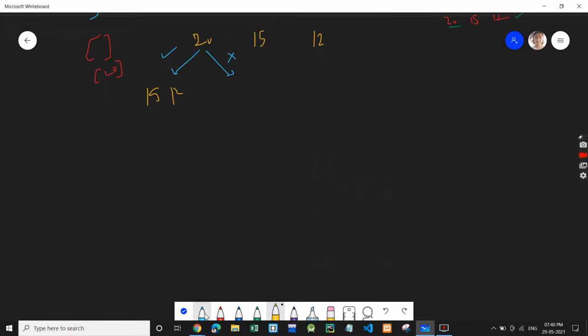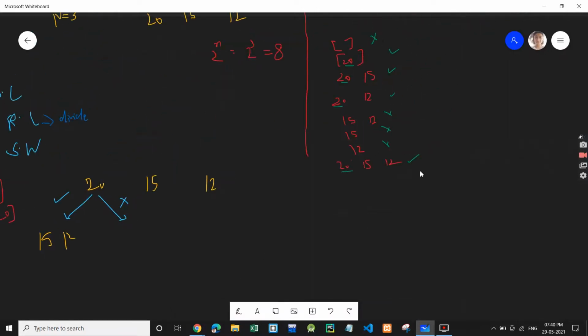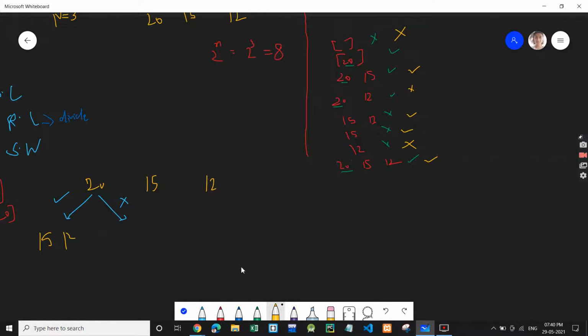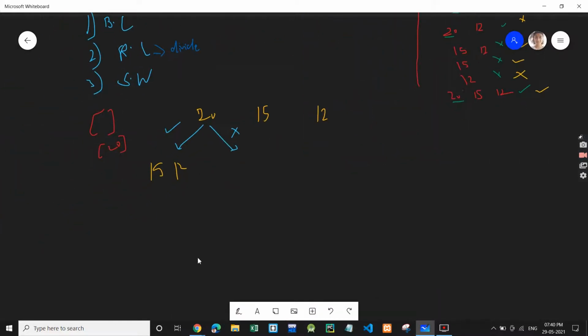Now if you check the output again, for some subsets we have 15: we have 15 in this, this, this and this. But we do not have 15 in this, this and this. So again we have 2 possibilities for 15: either we take 15 or we do not take it.